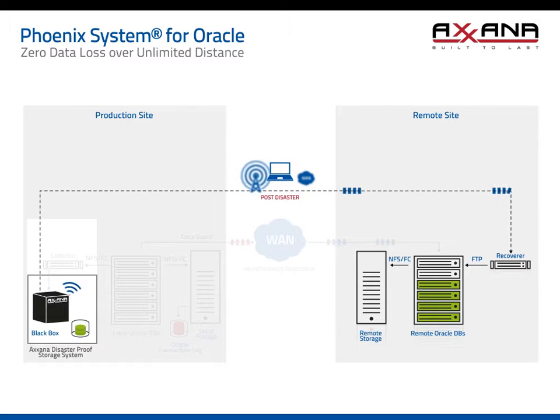It very well may be that by the time a failover decision has been taken, all of the missing transactions stored inside the Axxana black box had already been transferred to the remote site and are ready to be merged into the Oracle databases. Otherwise, the failover process will usually take several hours before the DR site assumes production. With Axxana protecting the data, operation can resume fully and quickly. The result is zero transaction loss while achieving full consistency between all applications and databases with the minimum time to